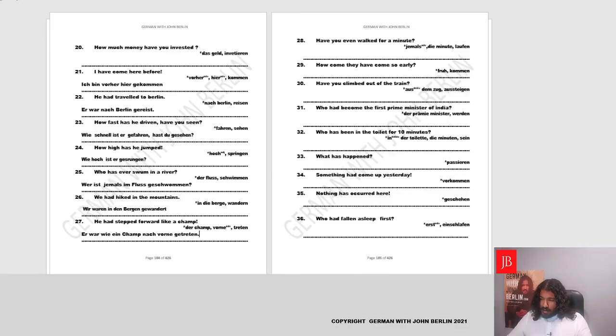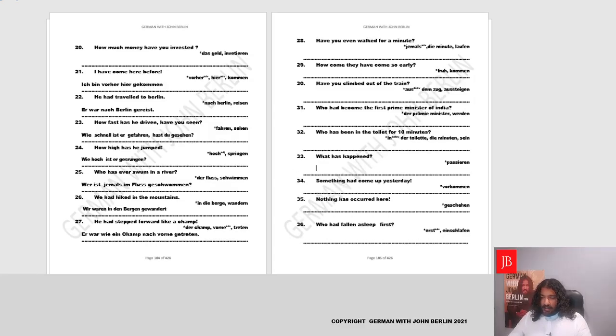And if you want, I could do a few more with you. Yes, let's see. I'll leave these for you to do yourself. And let me look at the verbs which have got change in state. Now these verbs have change in state if you look at them. Yes, that means what has happened. We look at the verb happened, it shows change in state. We determine the helping verb is sein. Tense is present, so we say was, conjugated for third person ist, was ist. And then we'll basically say happened, passieren becomes passiert, no ge.